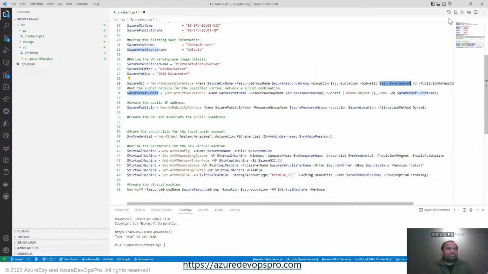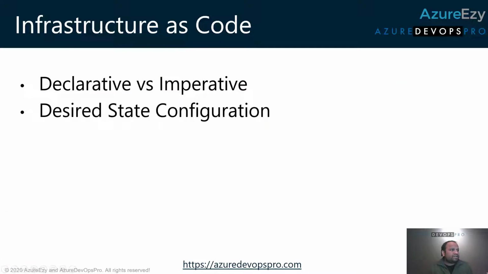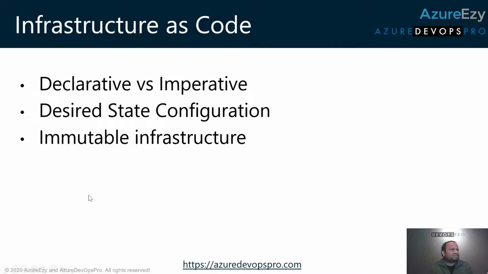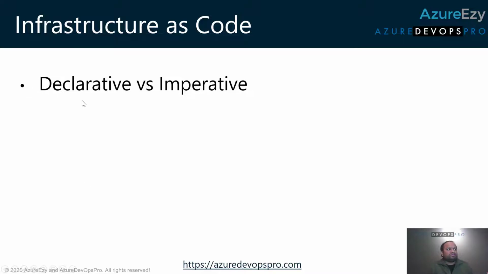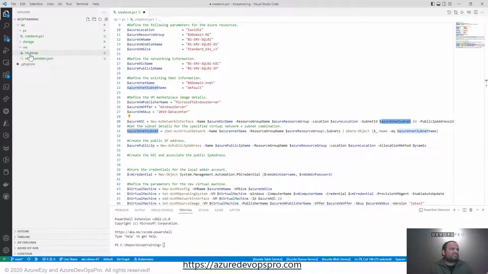However, if we talk about declarative code, so far we have been talking about imperative. Now we will talk about declarative, which is Azure Bicep. So Azure Bicep is declarative in nature. So how is it declarative? Now let's go back to Visual Studio again, and now I will open a Bicep file, which again creates